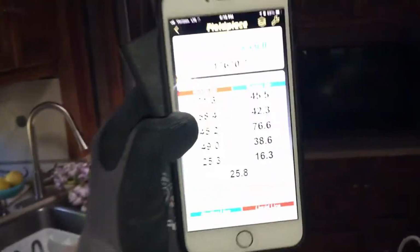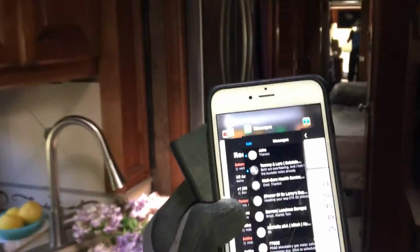So we're coming up to this RV, and this is the repair on the roof. And here's the outlets. There's the inlet right there. And god damn it,